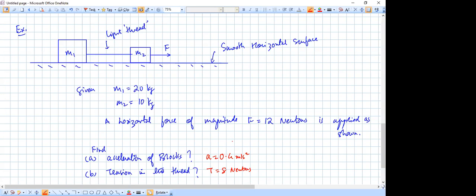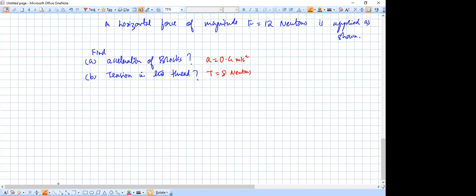So the first thing we have to understand here is that tension will act in this manner over here. Action reaction, equal and opposite on the two blocks like that. So when you look at the individual blocks over here, the forces acting on this one will be the external horizontal force with which we are pulling it, and the string is applying a backward tension on it. Of course, on this one there is tension equal and opposite.